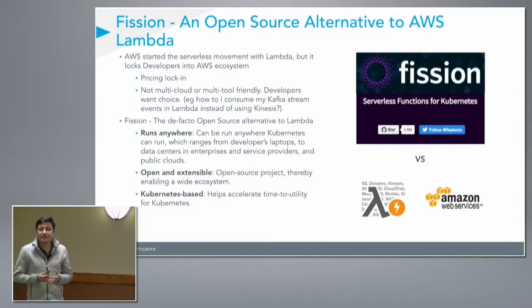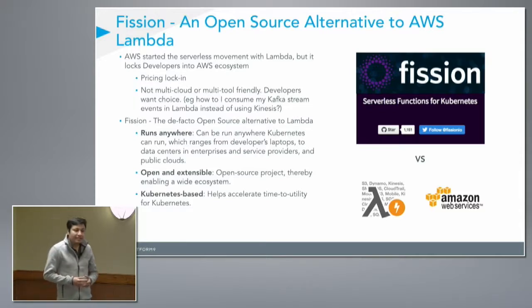It can run anywhere. Since it's based on Kubernetes, it can run anywhere Kubernetes can run, from public clouds to on-premise nodes to developer laptops. It is open and extensible, so you can take it and extend it to build any other features that you think you need. Finally, as a side effect, it also helps accelerate the adoption of Kubernetes itself, because you can forget about the underlying Kubernetes infrastructure and focus just on writing functions on top of it, which form the core of your application.